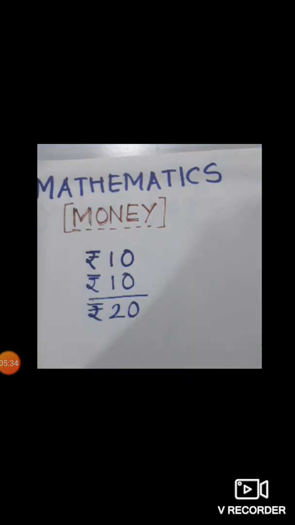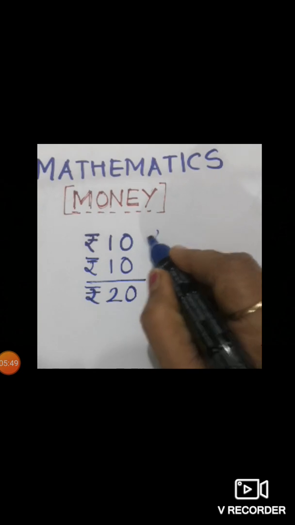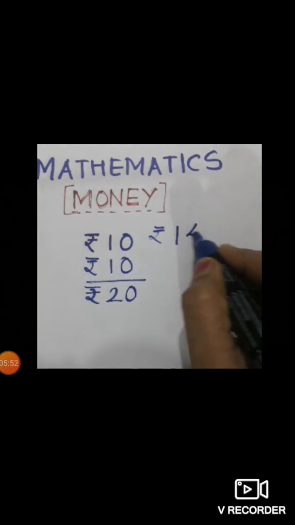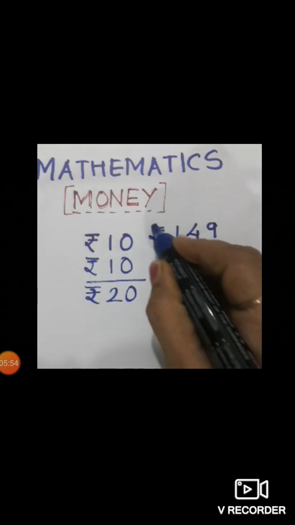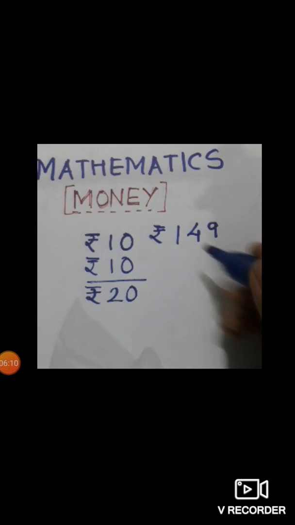Let us see the amount. What is written over here? Now see, I'll show you. See this. This is for 149. So we will write here rupees 149. Then, do you love papad? Isn't it? Yes. Now this papad is Lijjat papad. It is for 60 rupees, beta. So we will add up.